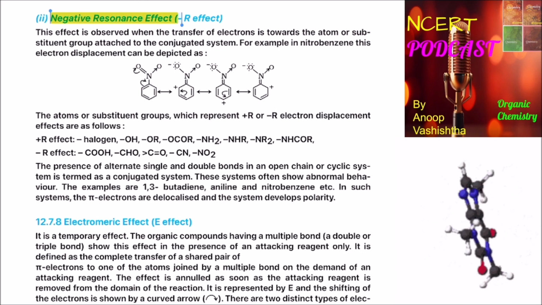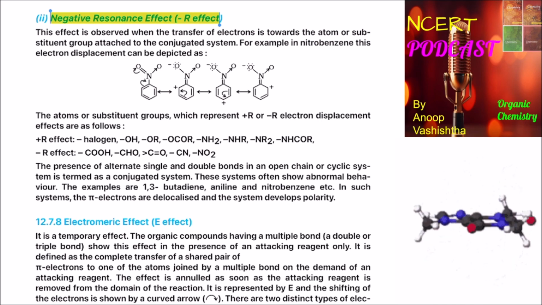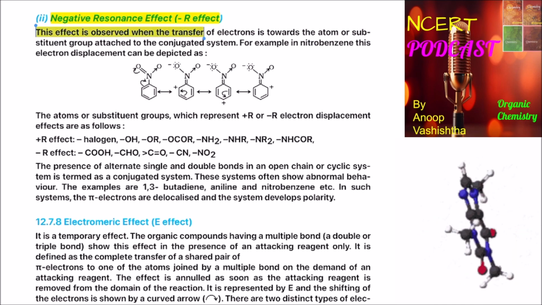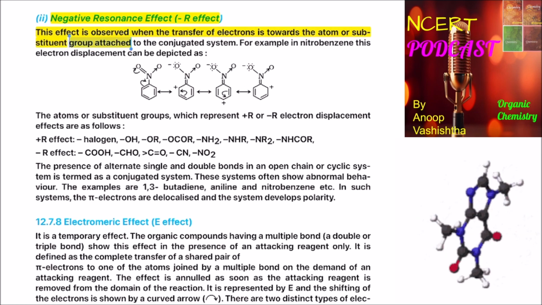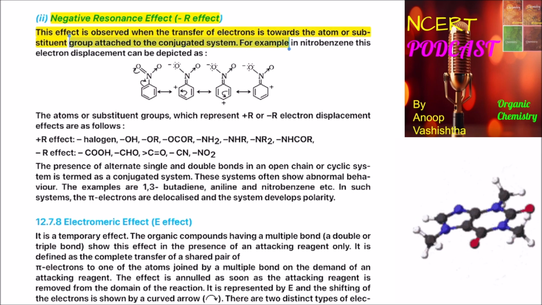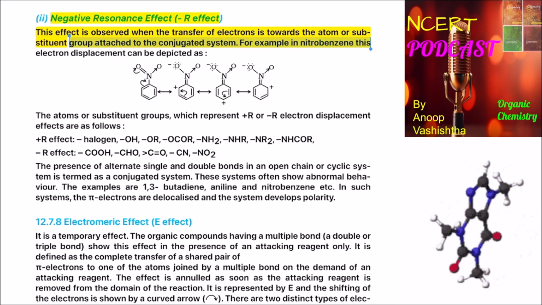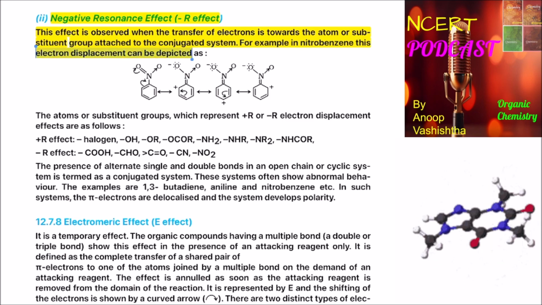Negative resonance effect, minus R effect. This effect is observed when the transfer of electrons is towards the atom or substituent groups attached to the conjugated system. For example, in nitrobenzene. This electron displacement can be depicted as